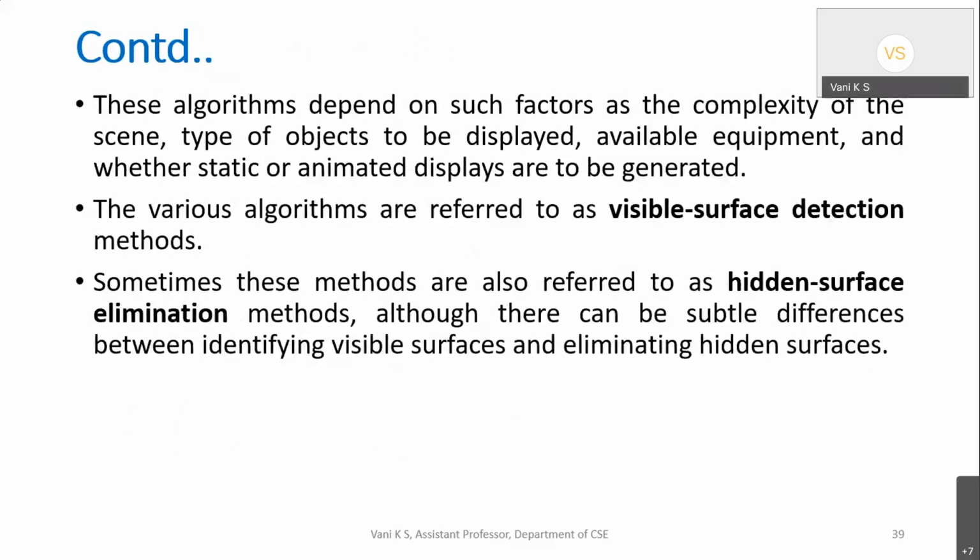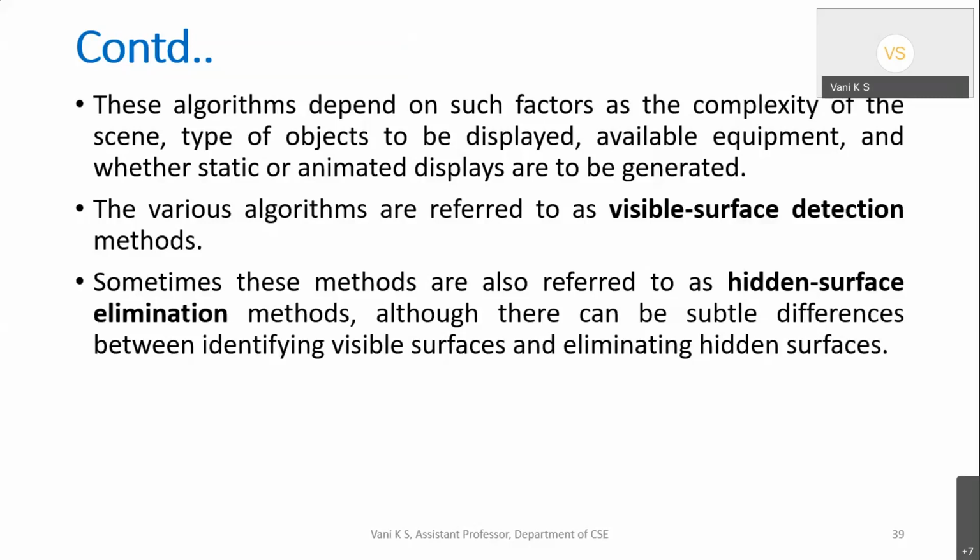Now there are two approaches under this algorithm. It can either be object based or pixel based, that is, image based. As I told, there are two types: object based and image based. Object based methods start eliminating by surface. If they see that the front face is not visible, or the hand is not visible, they truncate that full hand. If the top of a ball is not visible, they remove that ball. Depending on the surfaces, they try to remove the object's surfaces. This is called object based removal.